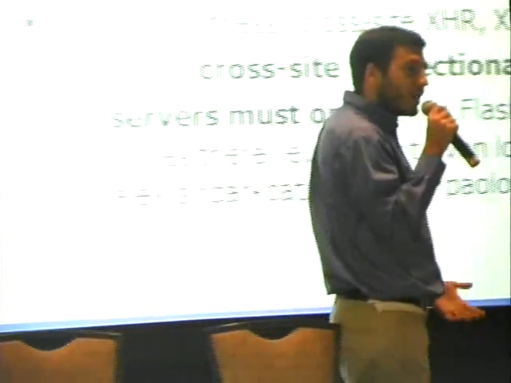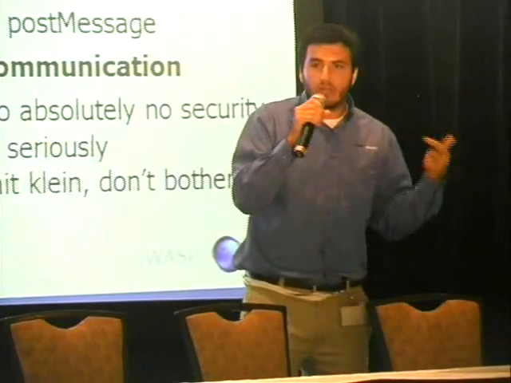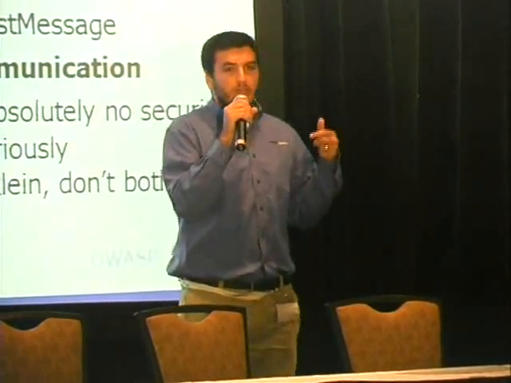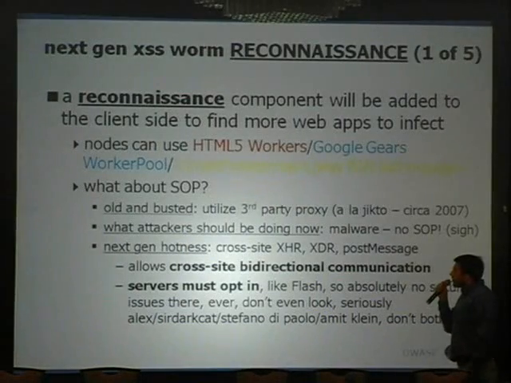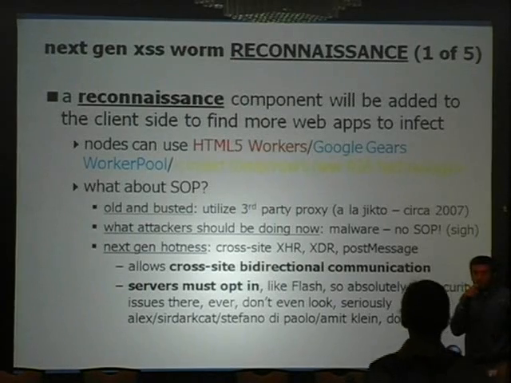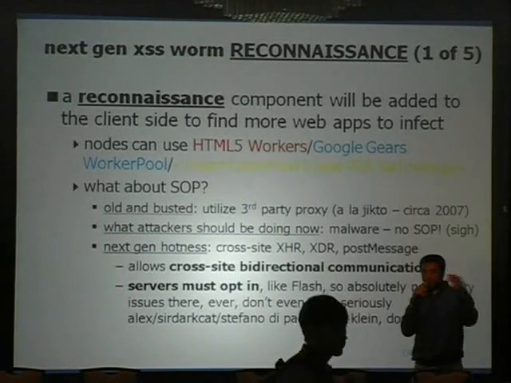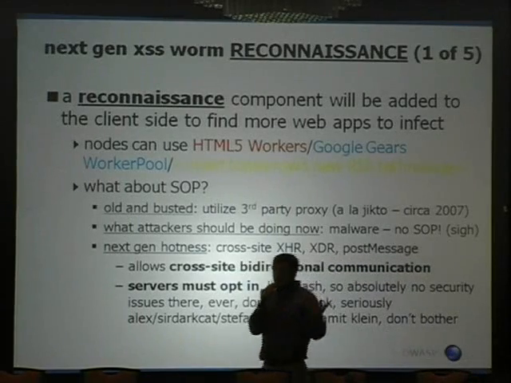Now XML HTTP request is going to become a cross-domain tool. You're going to be able to send XML HTTP requests from one site to another and use ambient authentication, meaning your session cookies, your basic auth header, your client-side SSL certificate, anything else that's ambient. So we've got that technique going for us. Cross-domain request in IE8 allows us to send cross-domain requests. That won't have the ambient authentication capability, but it'll still allow us to scan another site.